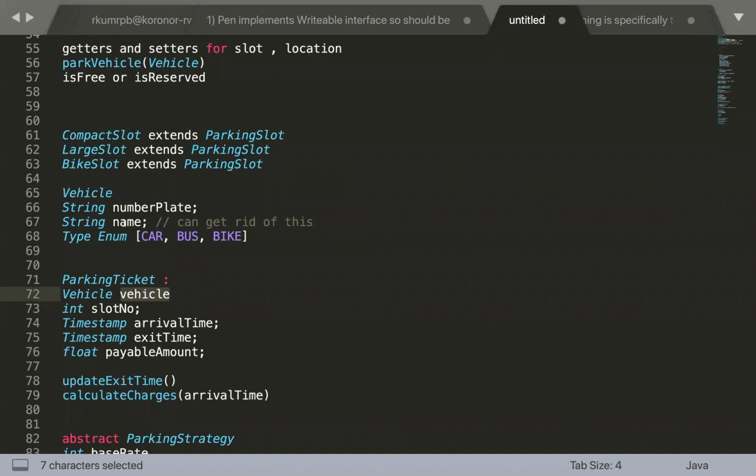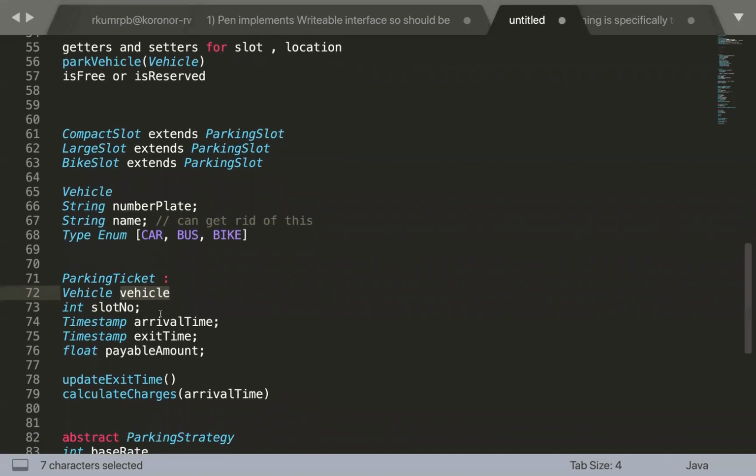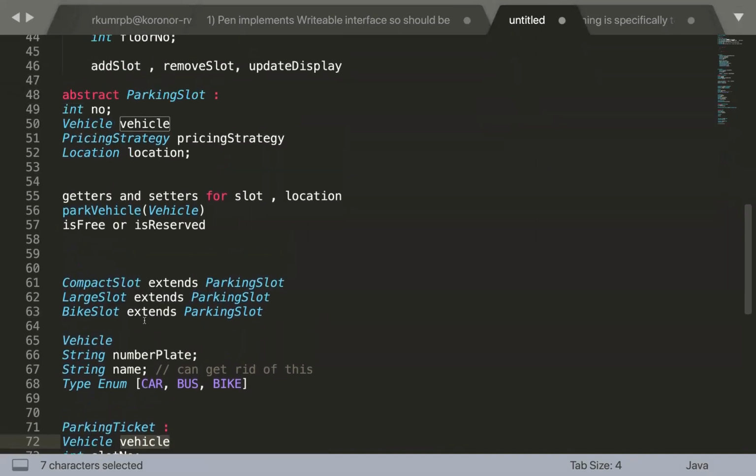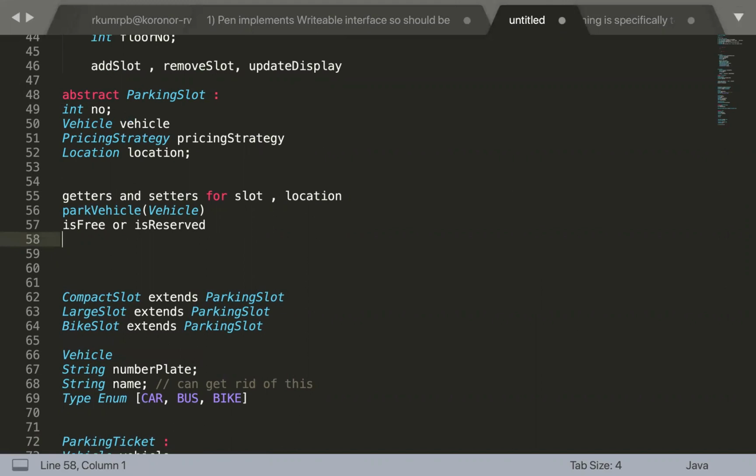The parking ticket in itself can't calculate the charges. So on the basis of slot number, it will talk to the slot. The slot should have some kind of a contract method to support this, right?